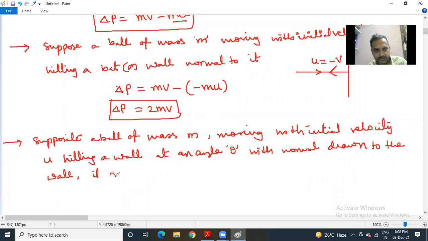If it rebounds with the same velocity at the same angle of incidence, then...